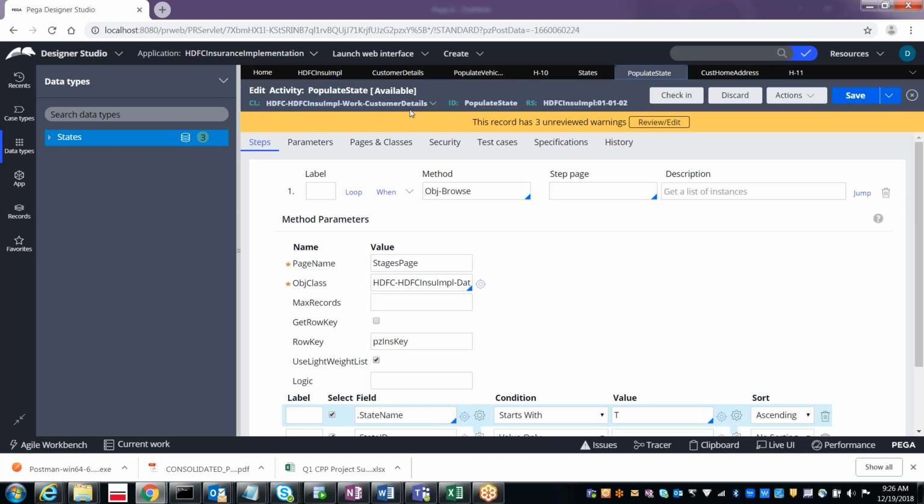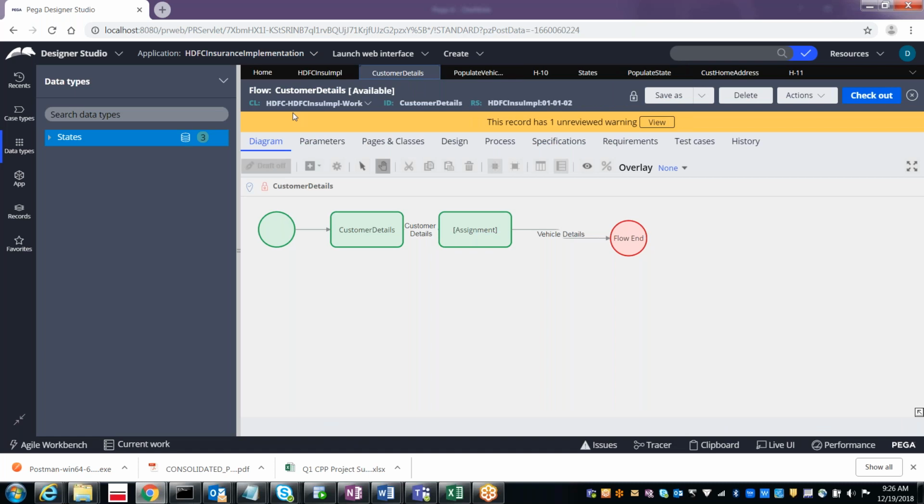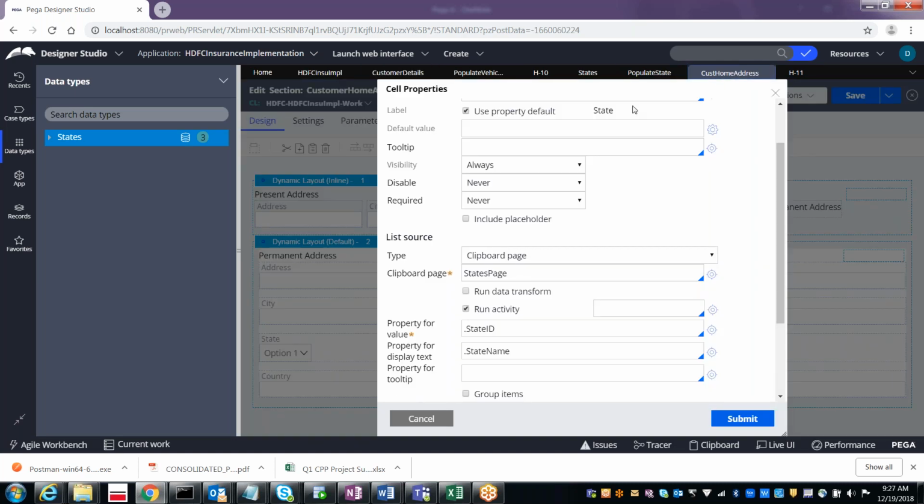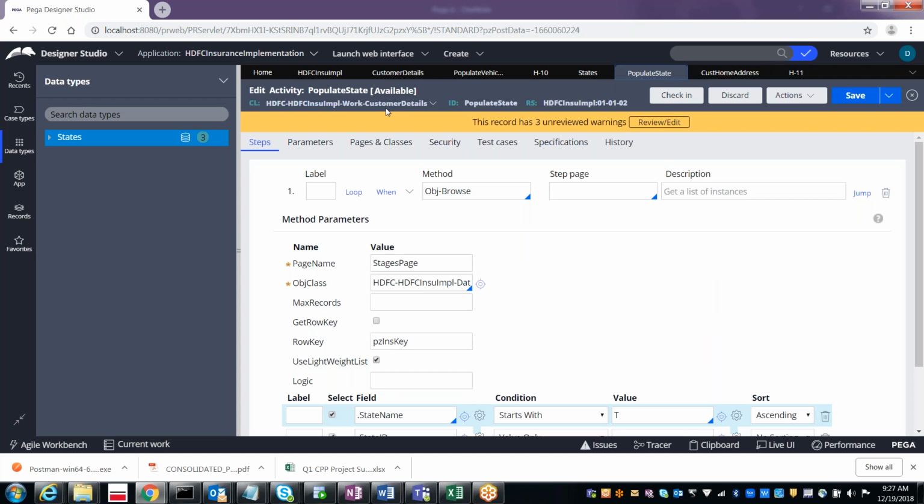Work customer details. And where is our flow? Work class. Generally, as I said, from the work class we can access customer details.